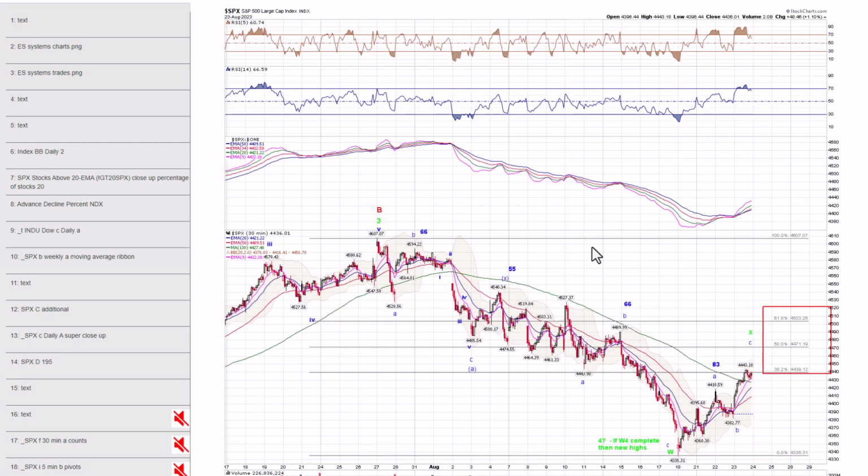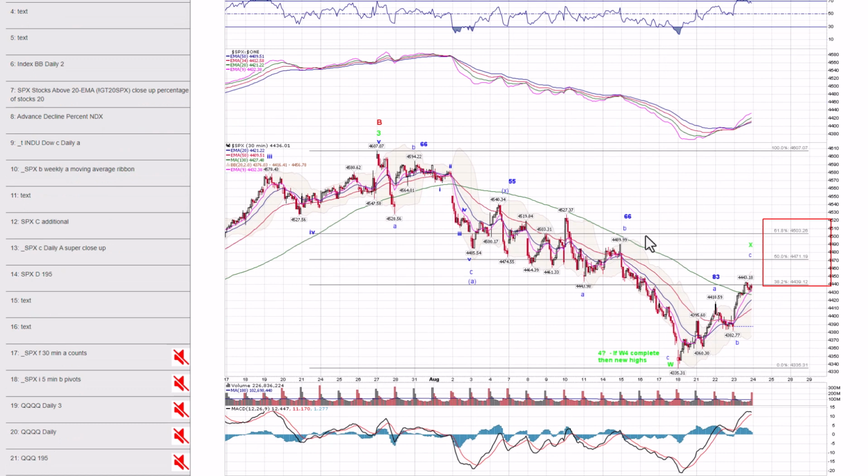Next, chart number 17, here's the 30-minute chart Steve showed last night. So one reason we favored an up move was because we had a bullish symmetry break here. The highs occurred in late July, as you know, and we had an initial pullback. The first largest rally was 66 points. Then we had a 55-point bounce. Then we had a 66-point bounce here over a week ago, perfectly matching the last one. And then the rally to here, 44.18, was 83 points. That's a bullish break in symmetry. So we were looking for a higher low, which we technically got right here.